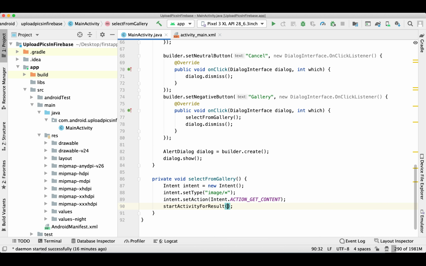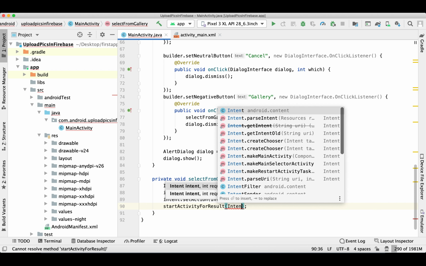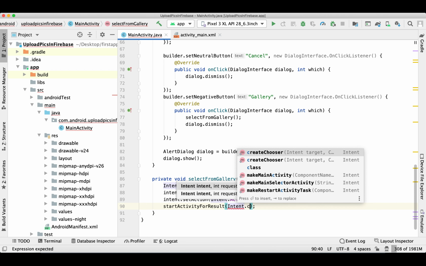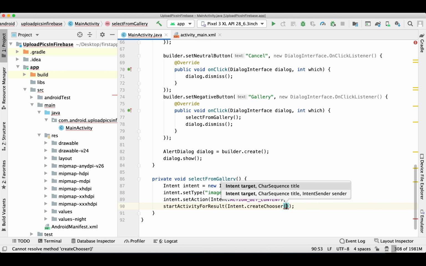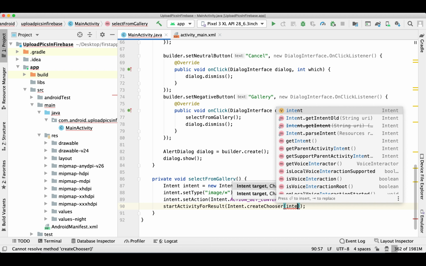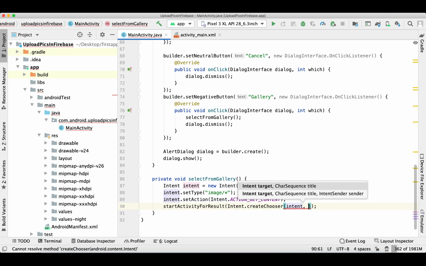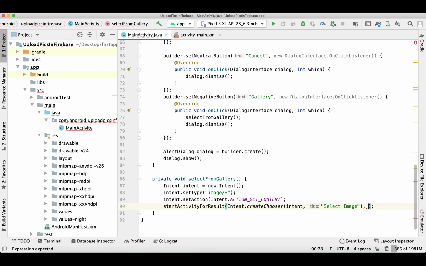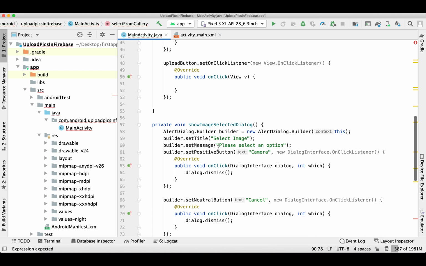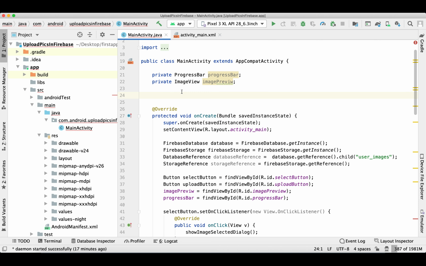We are going to use startActivityForResult so that when we pick a picture, we'll get the callback. And here we need to pass the request code, so let's define a request code.